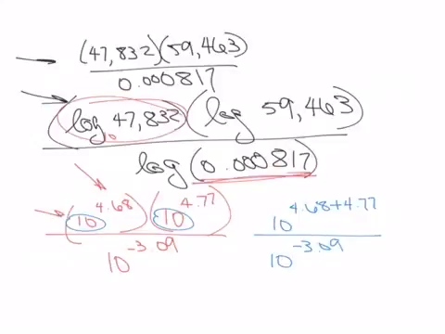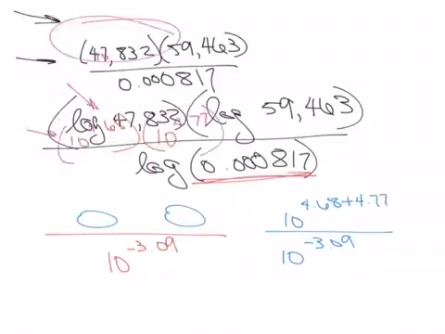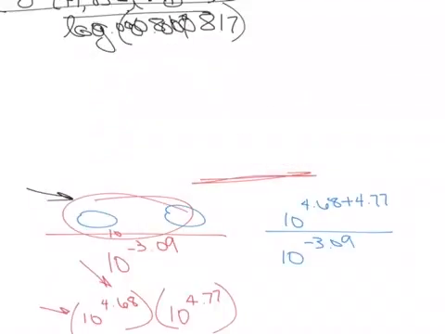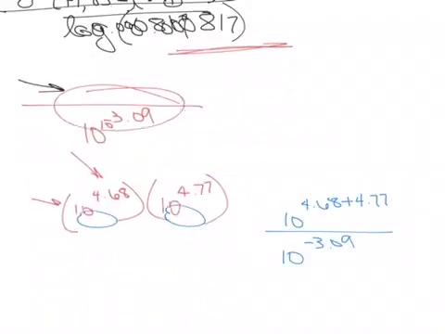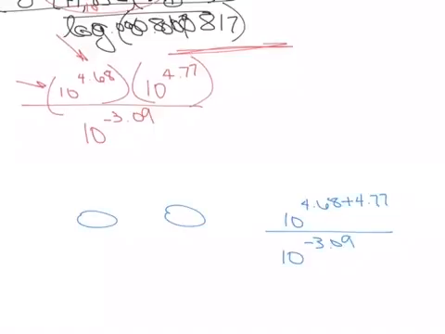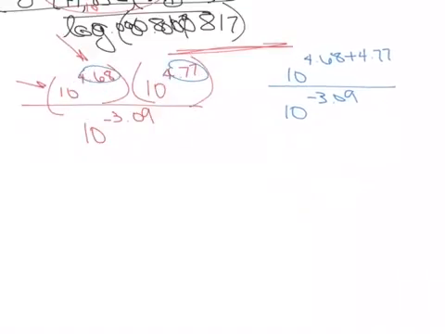Alright, let's move this up. So you notice all I did, let's see if I can get this all labeled here correctly. Okay. All I did here was added my exponents. Again, I'm using exponents. So take these two and add them together. So we have 4.68 plus 4.77. And I get